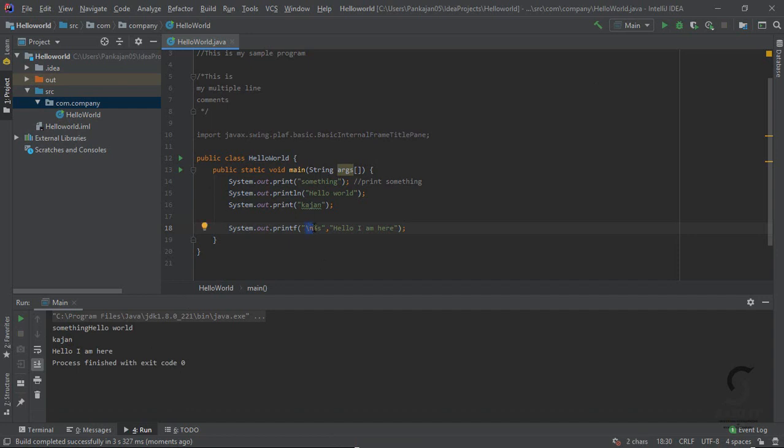These \n characters are escape characters, so these characters will print a new line. We have different kinds of escape characters, for example \t, like that. So now I print that new line, and after that color I am here.